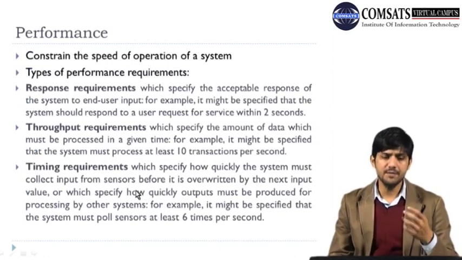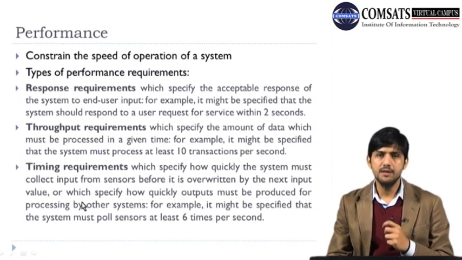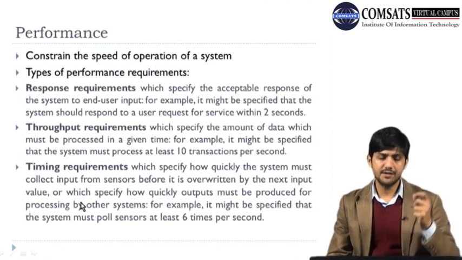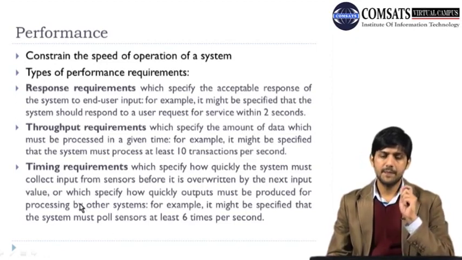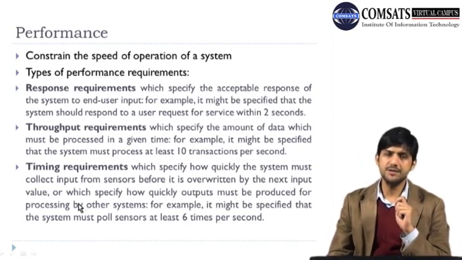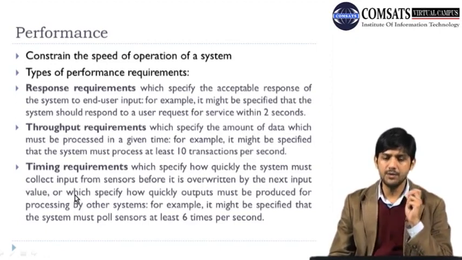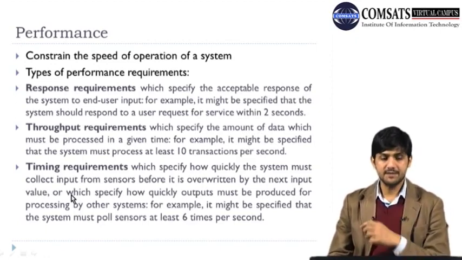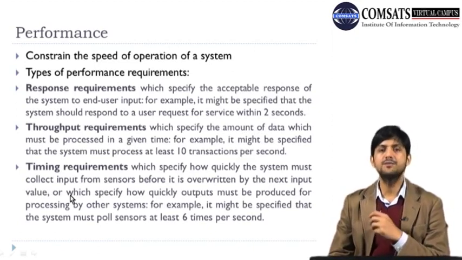Similarly, talking about performance, these are the constraints on the speed of operation of a system. The types of performance requirements are response requirements, throughput requirements, and timing requirements. So what are these response requirements? They specify the acceptable response of the system to the end user input. For example, it might be specified that the system should respond to a user request for service within 2 seconds,